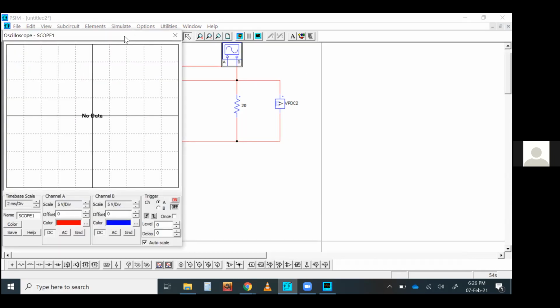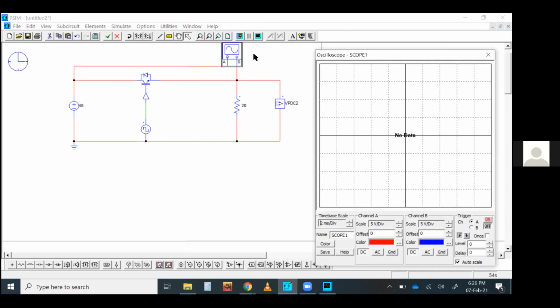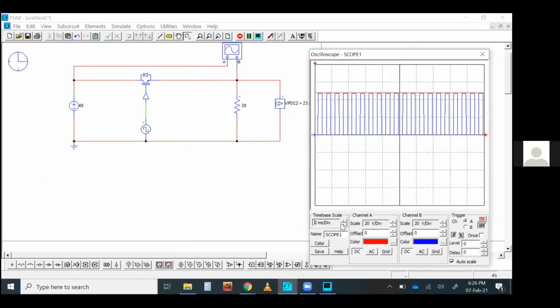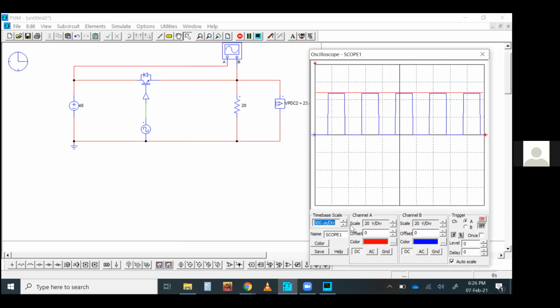Let's see what it does. Fine. The time scale, you can see from here. So the red one is the input voltage, 48 volt DC, and the output is the switching. You can see the square wave. It is moving because the window is moving continuously. If you put a trigger, it will be fixed. Channel B or channel A trigger, you can set some trigger value also. Let's say for example like this. Now it will be a fixed window. So that's it.